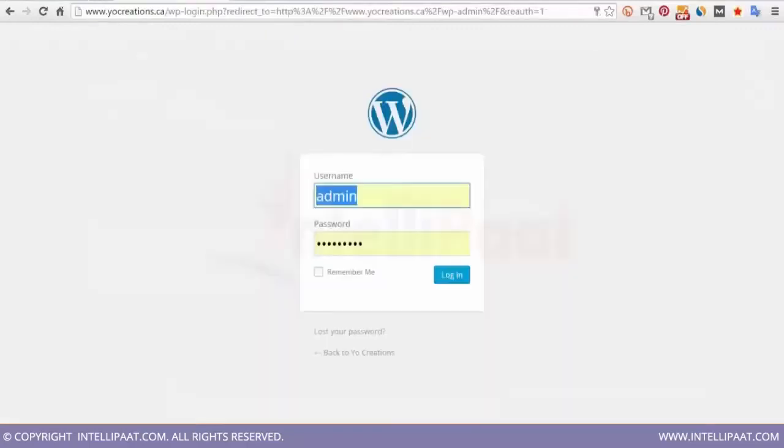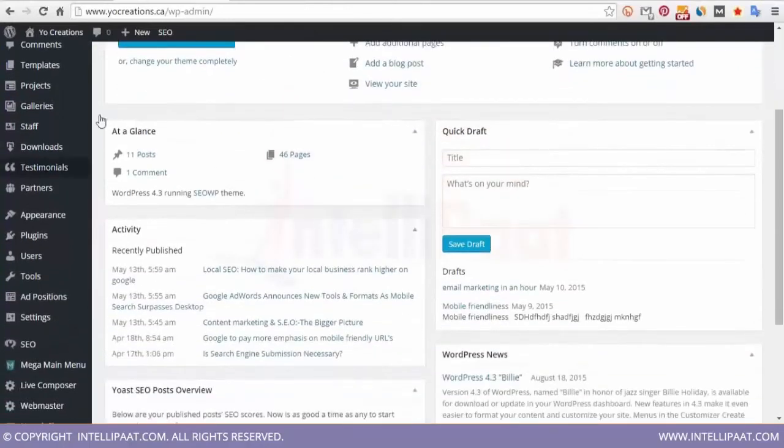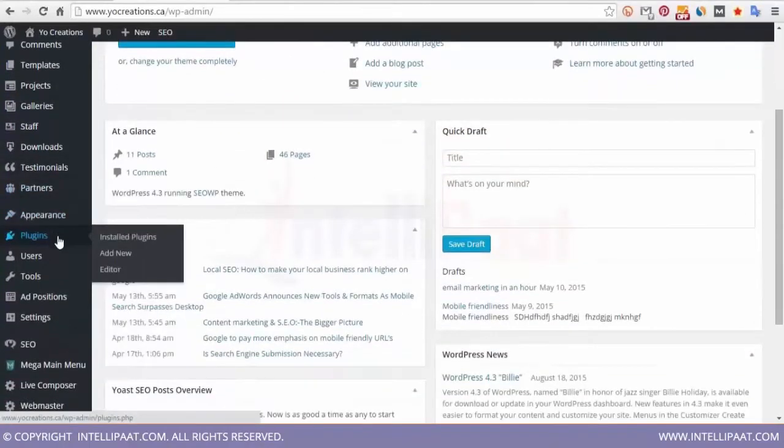So now I would change the tab and go to the backend of my website. I'm logging into the WP admin of my website, which is yourcreations.ca, and I'll show you how we configure that for a WordPress-based website. All right, so once we log in, we would be going into the plugin section, the way we did for the Yoast SEO plugin. Similarly, this time we will also go to the plugin section